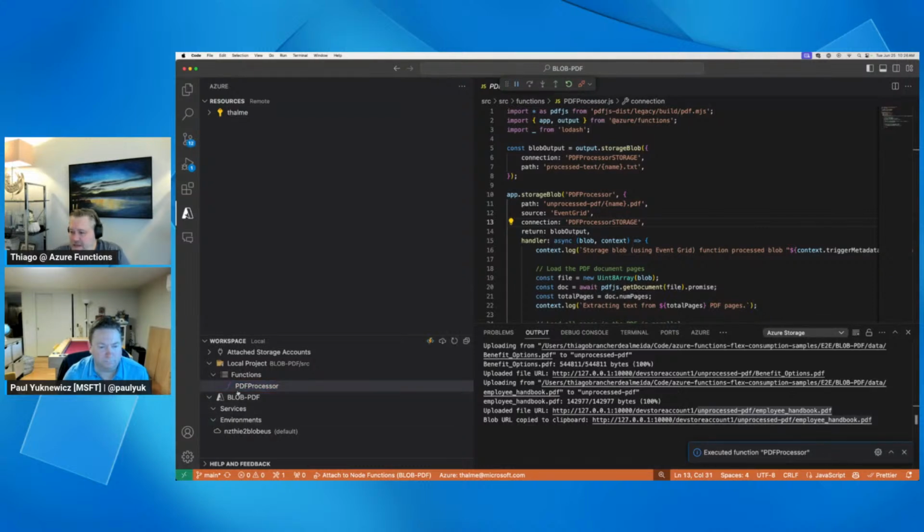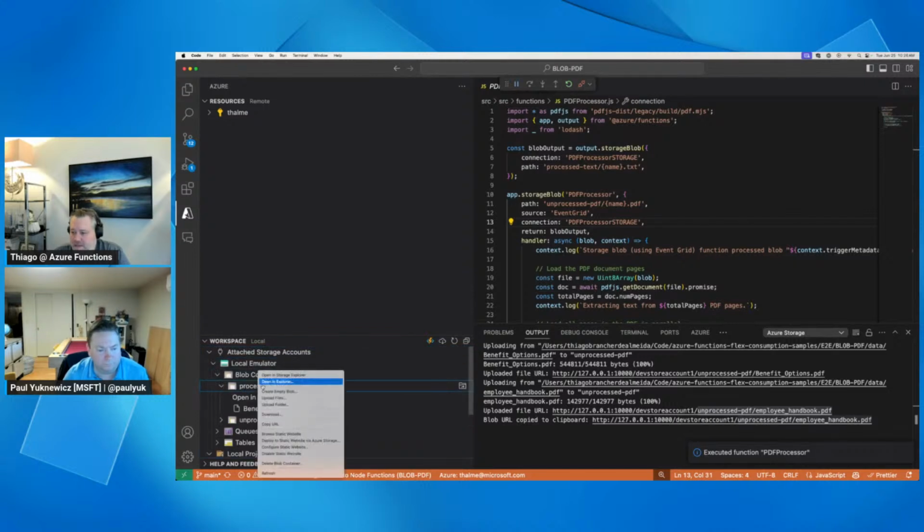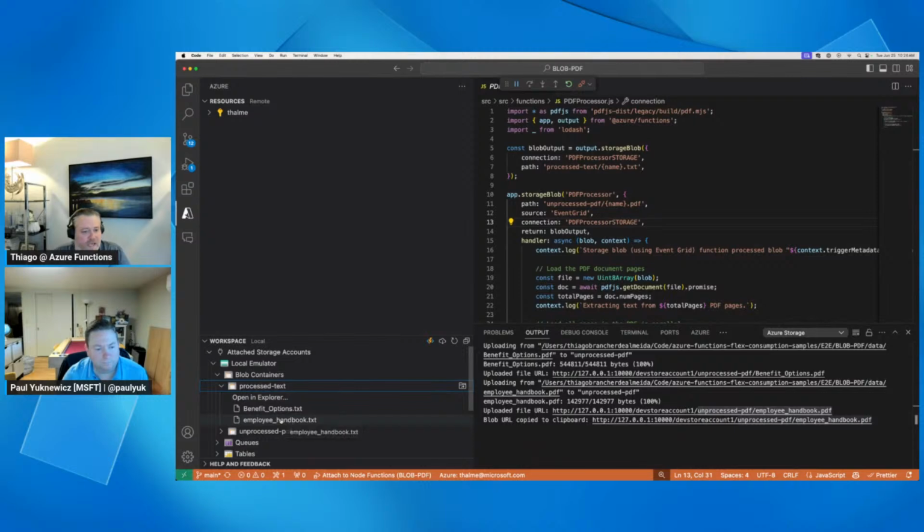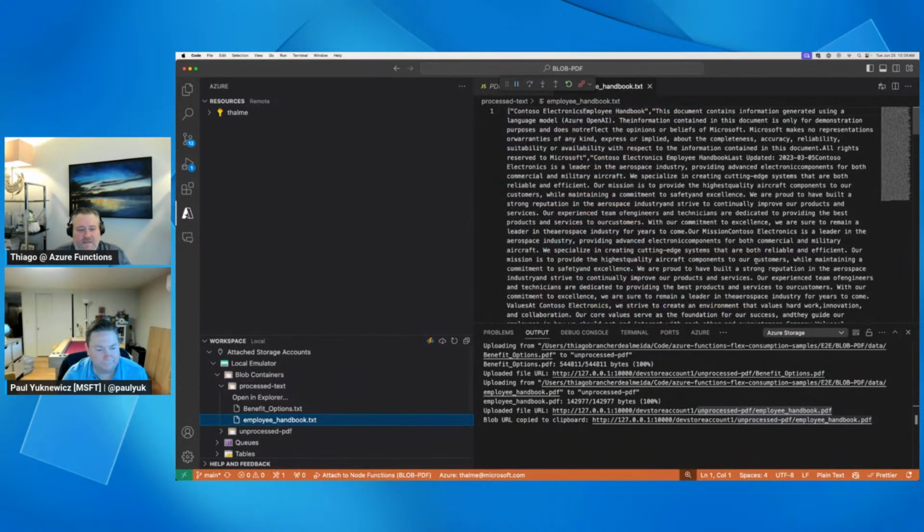And then if I go into the storage again and have a look in the processed text container, I can refresh this, and there's the employee handbook file with the actual text from the PDF. So end-to-end local testing.